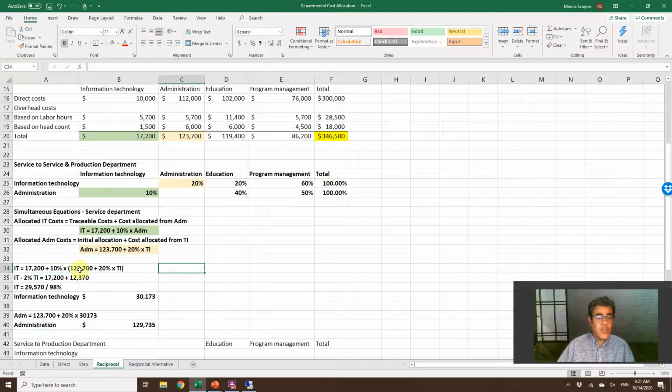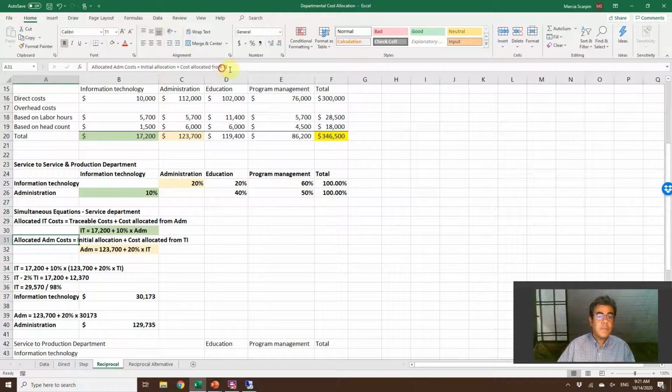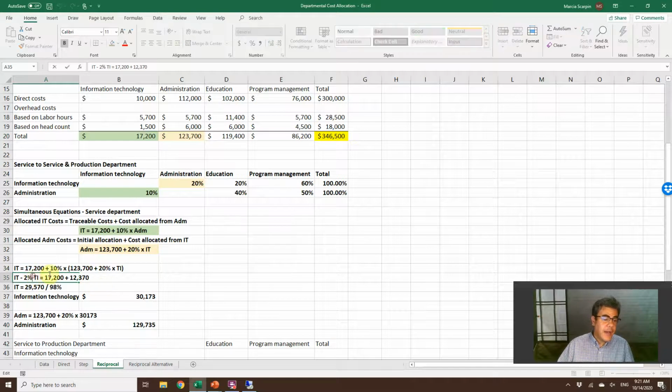So 123.7 plus 20% of IT. I was thinking in Portuguese. TI is IT in Portuguese. Sorry. And then IT less 2% of IT equals